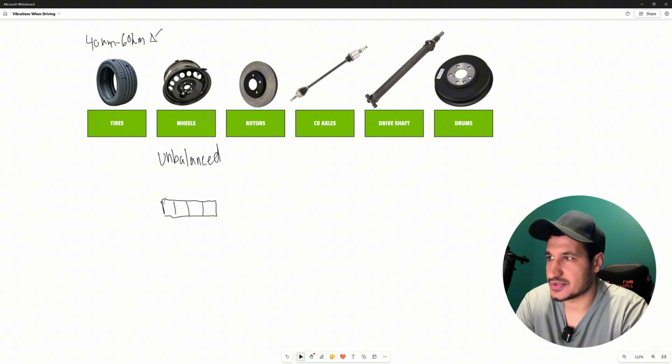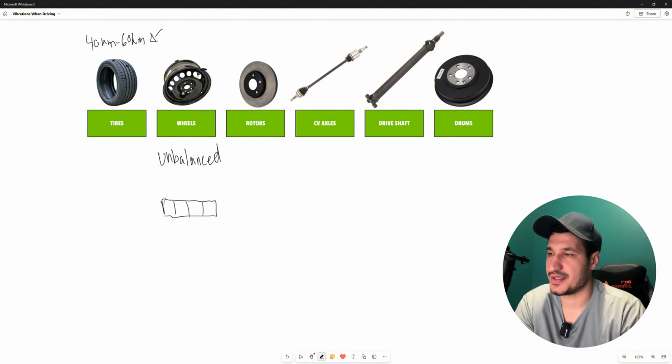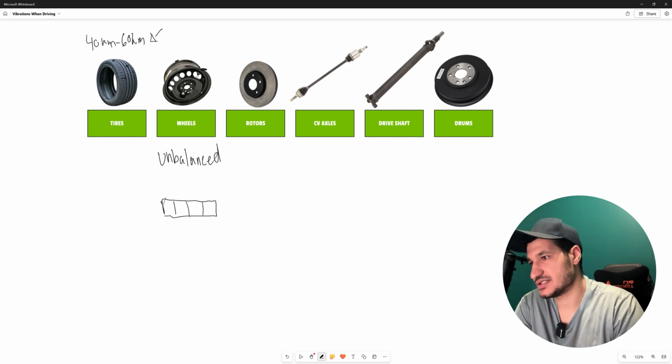Sometimes a customer goes into a tire shop, gets their tires done, goes out, and gets a vibration, and it's most likely because it wasn't balanced properly by the mechanic. Most of the time, if they just rebalance it, that's going to fix the issue. Sometimes the wheels are bent. If you hit a pothole and your wheel gets a slight bend to it,